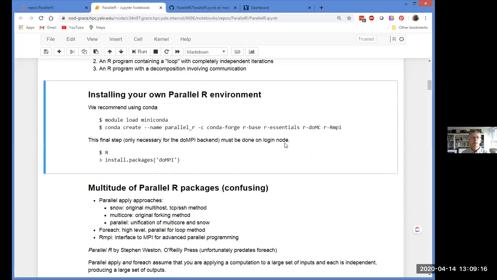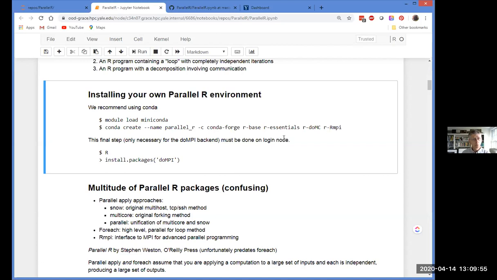So it turns out that the first serious hurdle in running Parallel R is to get yourself a version of Parallel R installed. And when I was putting this course together, I struggled with this more than I expected to. And I think one of the values of this presentation, perhaps one of the main values, is that with a lot of effort, I found what I think is a straightforward and nearly foolproof way of installing Parallel R so that you can have a way to do that without going crazy.